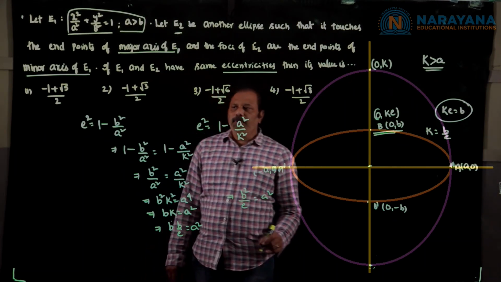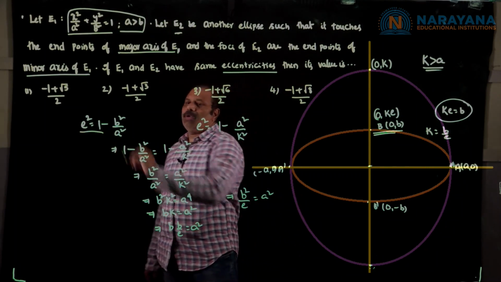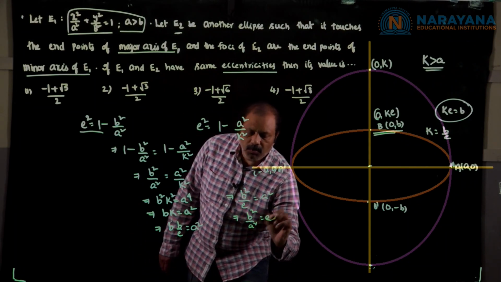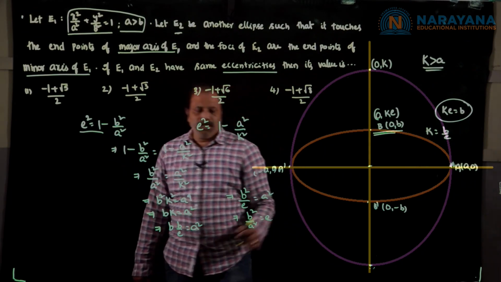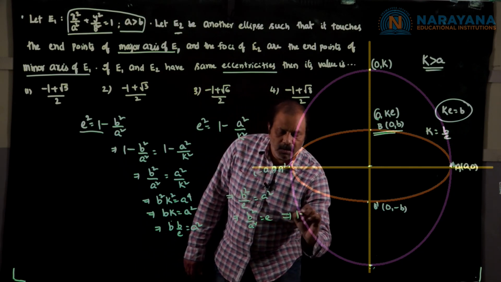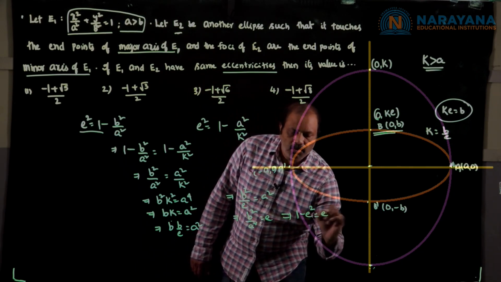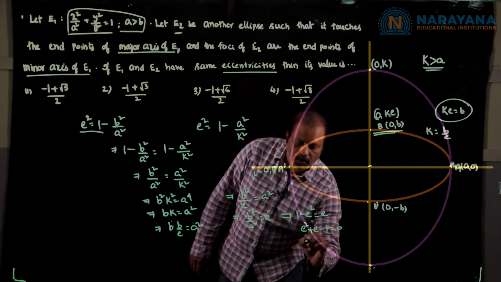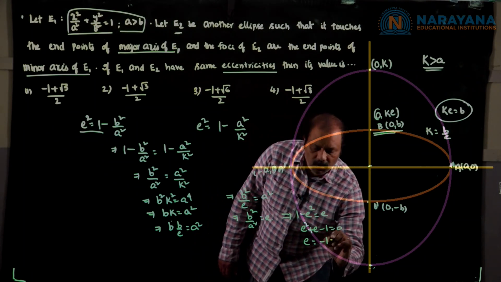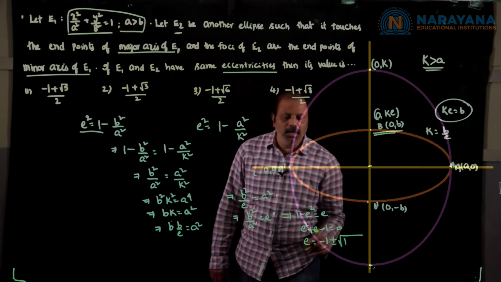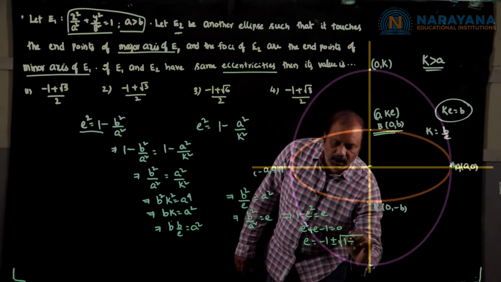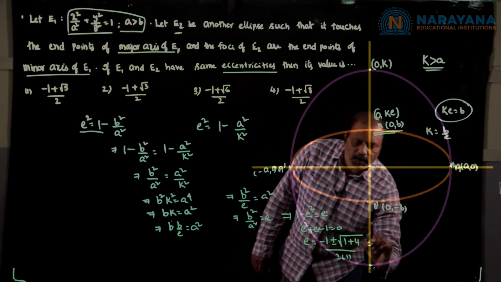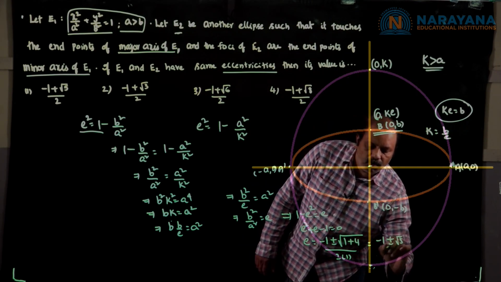We know that b squared by a squared is equal to 1 minus e squared. So from this, b squared by a squared is equal to e. B squared by a squared can be replaced with 1 minus e squared. This implies 1 minus e squared is equal to e, so e squared plus e minus 1 is equal to 0. e is equal to minus 1 plus or minus the square root of b squared minus 4ac. Minus of minus 4 will become plus 4, by 2a. 2 into 1 will be 2, so minus 1 plus or minus root 5 by 2.